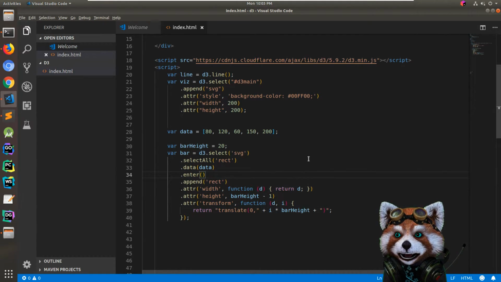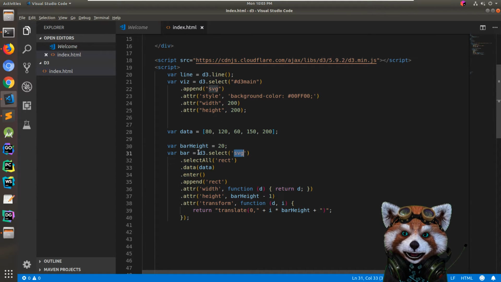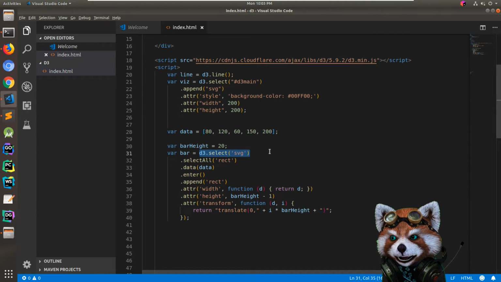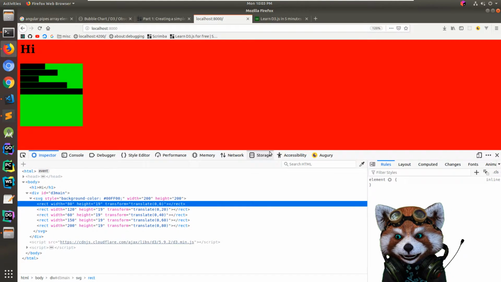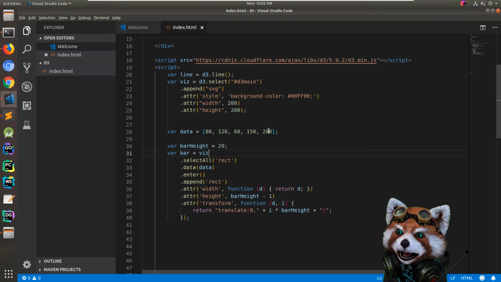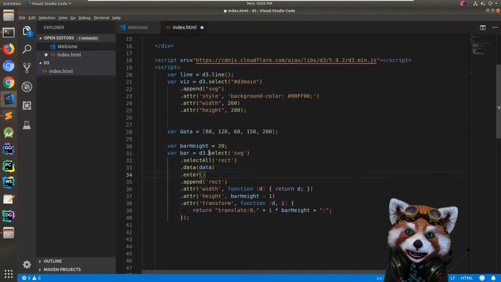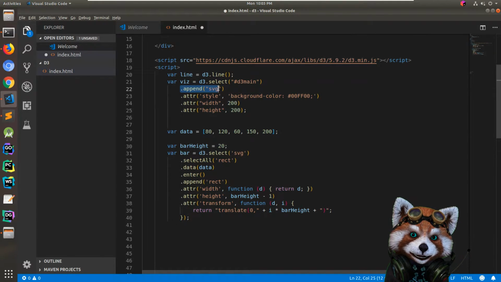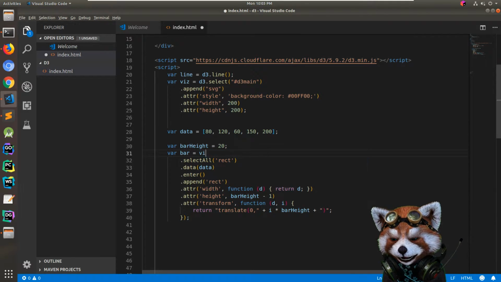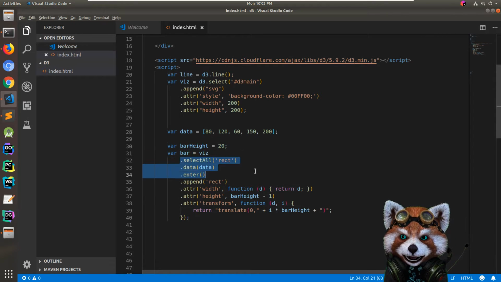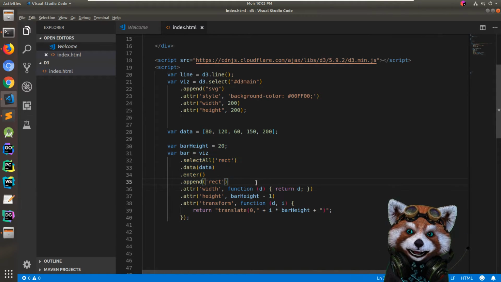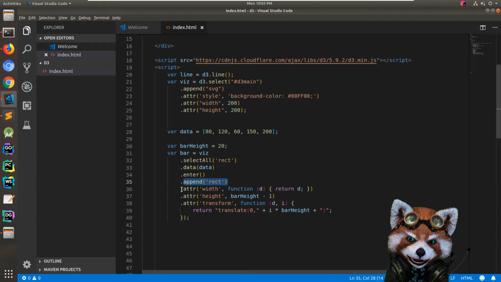What? Okay. So we have to select... I wonder if we can... Will that work still? That does work. Okay, so instead of saying select SVG, because we already have the object that we appended the SVG to, we could also just say viz. Viz select all rectangles dot data dot enter dot append a rectangle